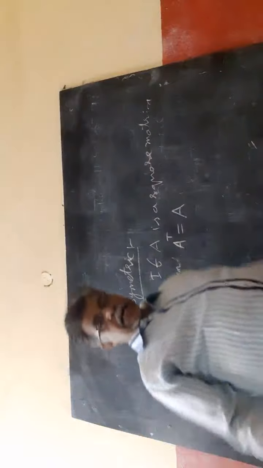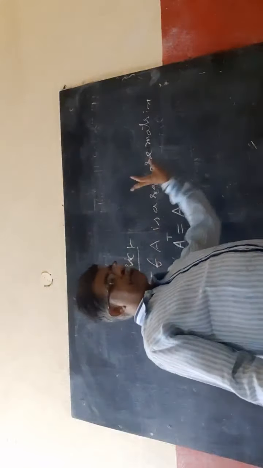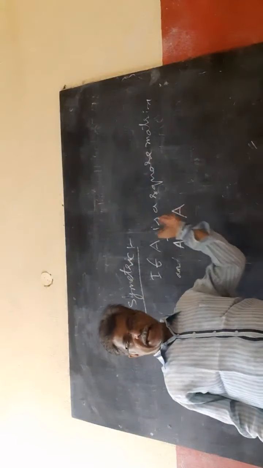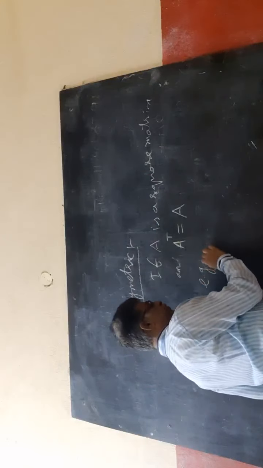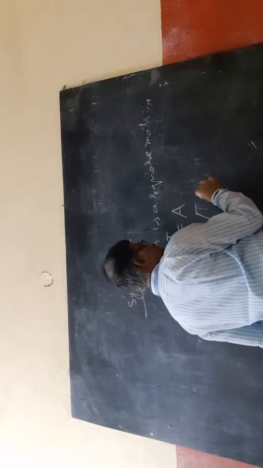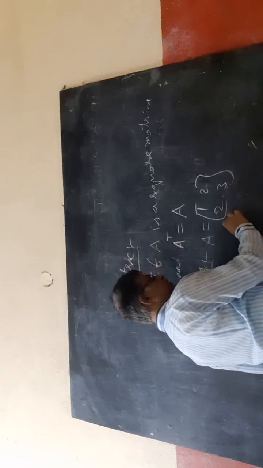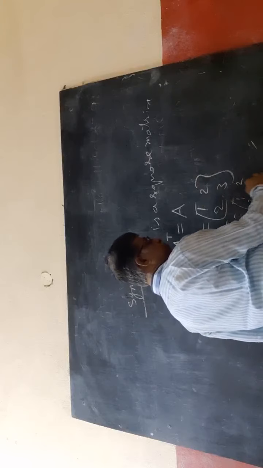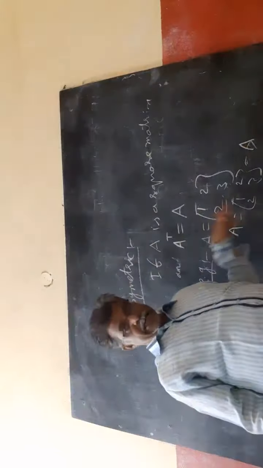Transposing rows into columns, columns into rows is called as A transpose. We discussed. Now, if A is square matrix and by changing rows to columns, columns to rows, we get again A, then it is called as a symmetric matrix. Example: A equal to 1, 2, 2, 3. What is A transpose? Change the rows into columns, columns into rows. You will get the same again, 1, 2, 2, 3. So A transpose equal to A. Therefore, this is a symmetric matrix.